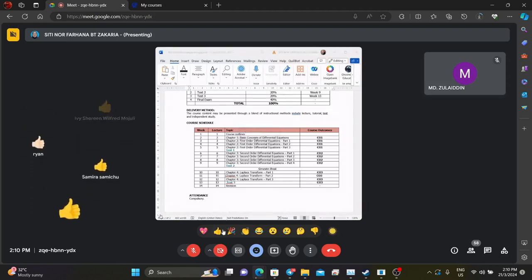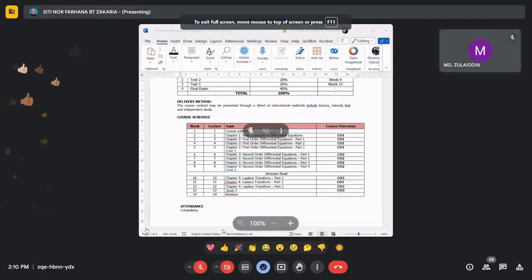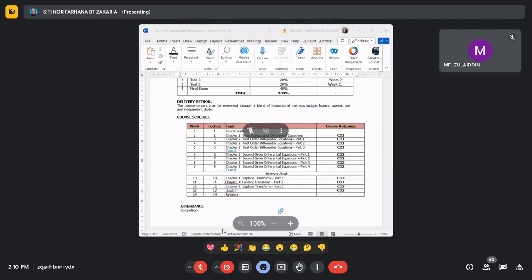Clear, doktor. Alright. By the way, doktor, ada orang lagi yang belum masuk. Oh, this semester we have 59 students. Ramai. Buatkan saya nervous ya kalau ramai-ramai ni. Not because what, but to maintain the grade.